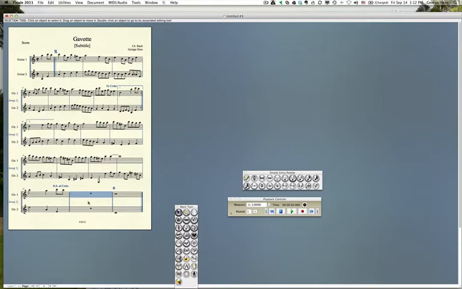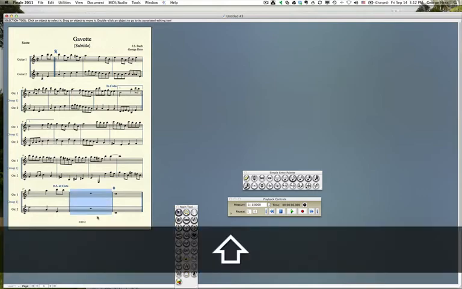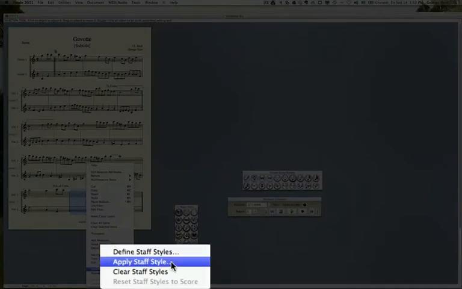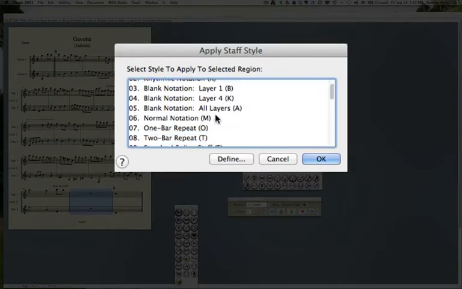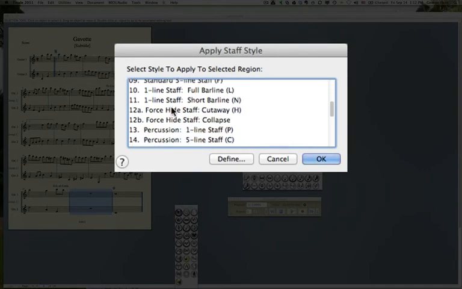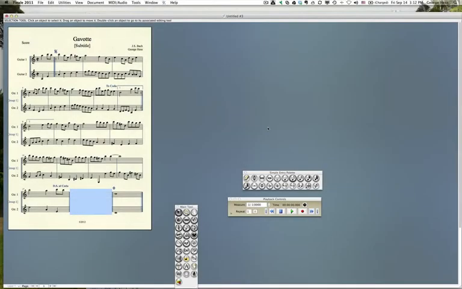Now what I want to do is I want to hide this measure. Okay, and so we're going to go in there and we're going to apply a staff style. Okay, and so we click apply staff styles, and we can, there it is, force hide staff cutaway. And it disappears. And so there it is. And so now that's all looking very, very nice. And so it's all pretty well formatted already. I can take that out. And so our next step is simply to put in our